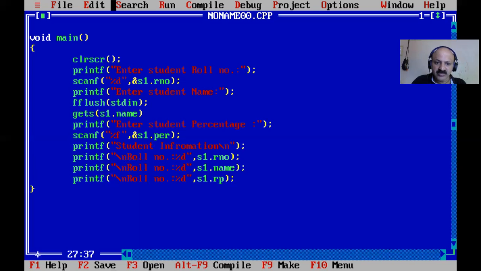There are only three members, and here s for the name and dot 2f for the percentage, so only two decimal places. We say name of student, because we have already given the heading student information, so we need not write student roll number or student name; the prefix is already student. Here percentage, and I remove this roll number, then getch. Let us take main first and then pass to UDF.